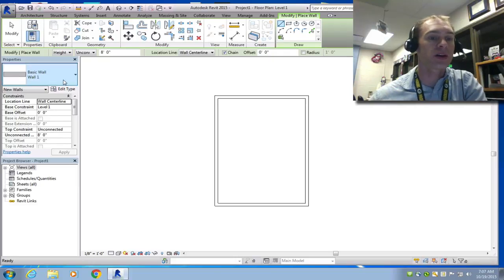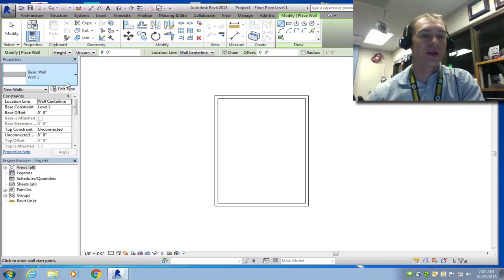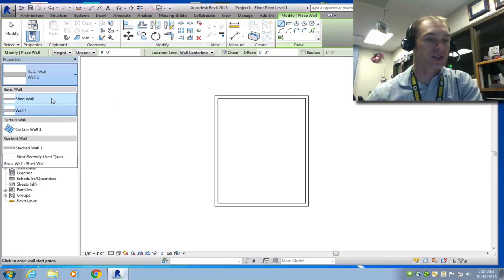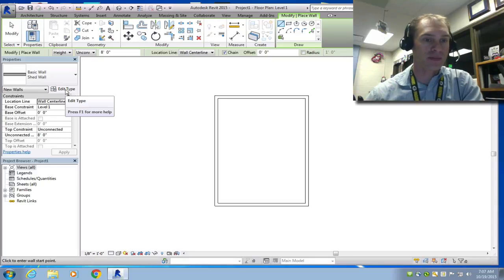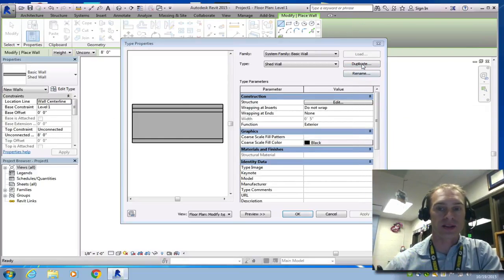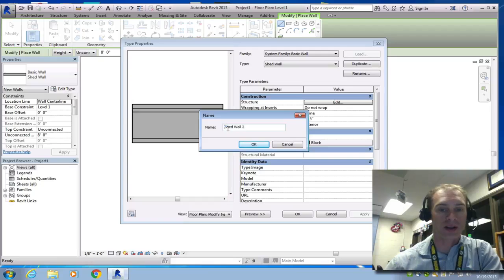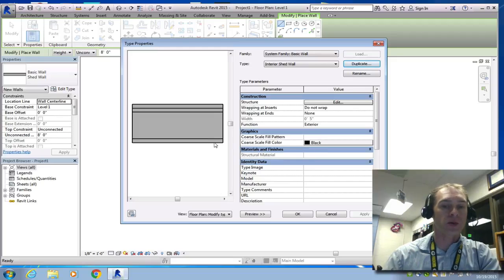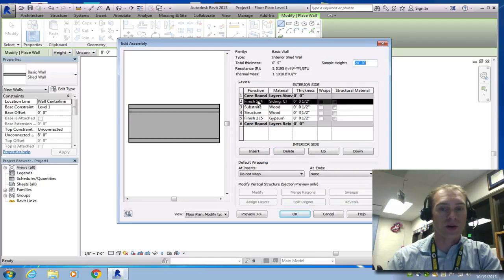So for your interior room, it's going to be a little bit different. So we're going to choose the shed wall, we're going to edit type, and we're going to duplicate this. And now we're going to call it interior shed wall. Click OK. Because the interior shed wall is just 2x4 with gypsum wallboard on it. So let's edit this. We're going to delete this finish here